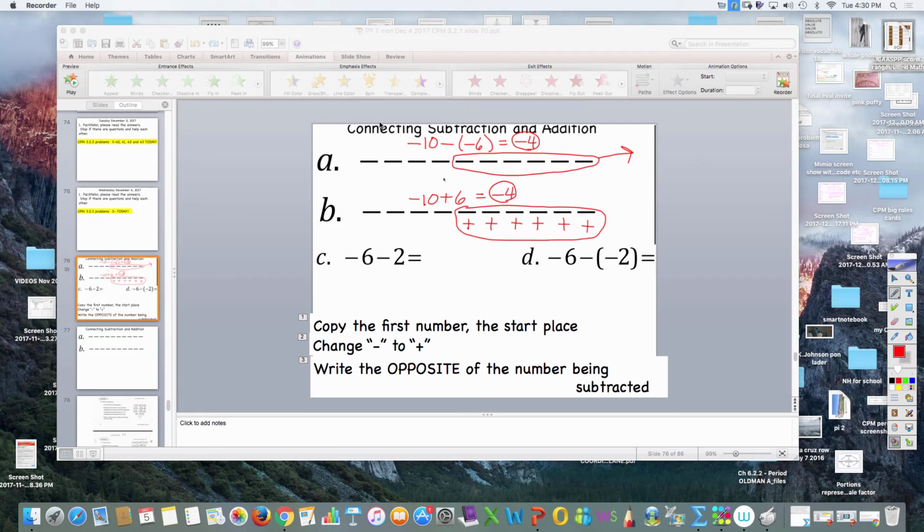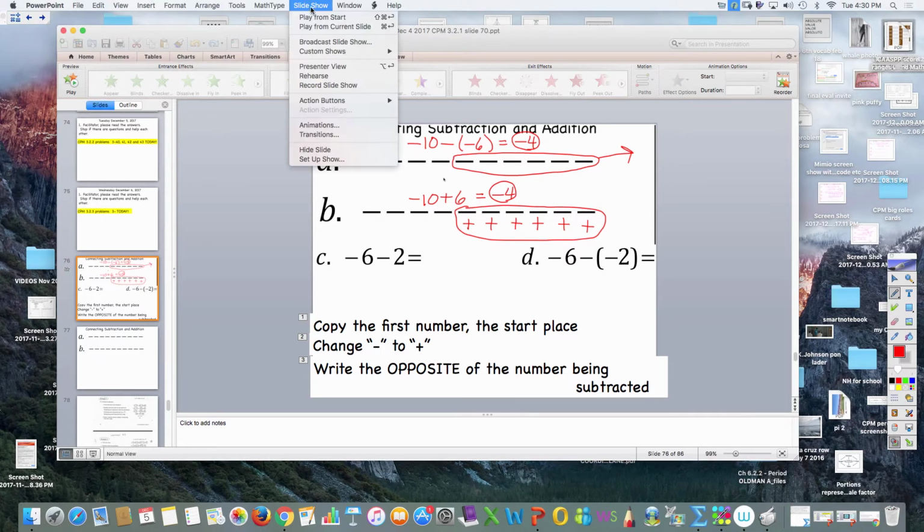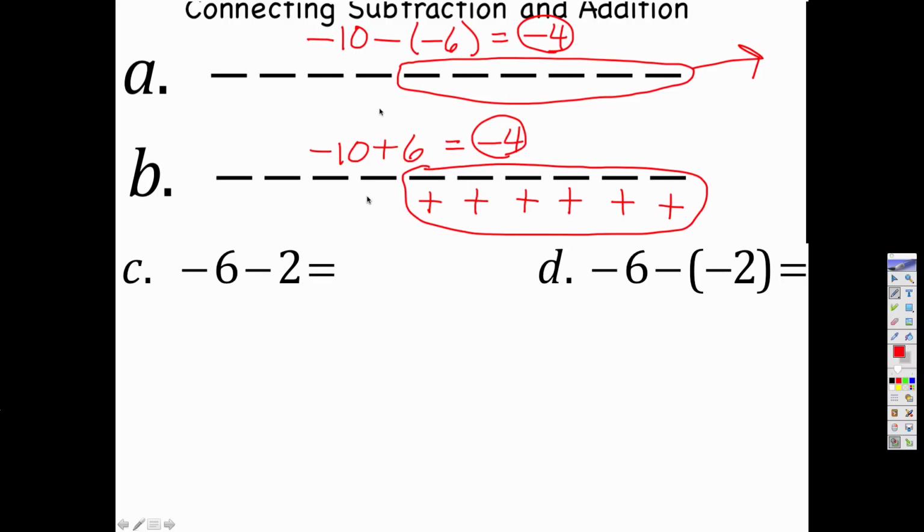Hi. Today we're going to talk about connecting subtraction and addition. Okay. And so the first thing on